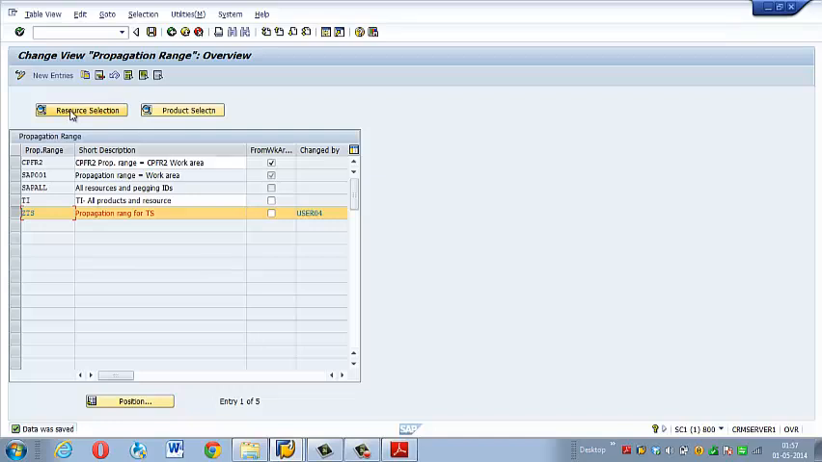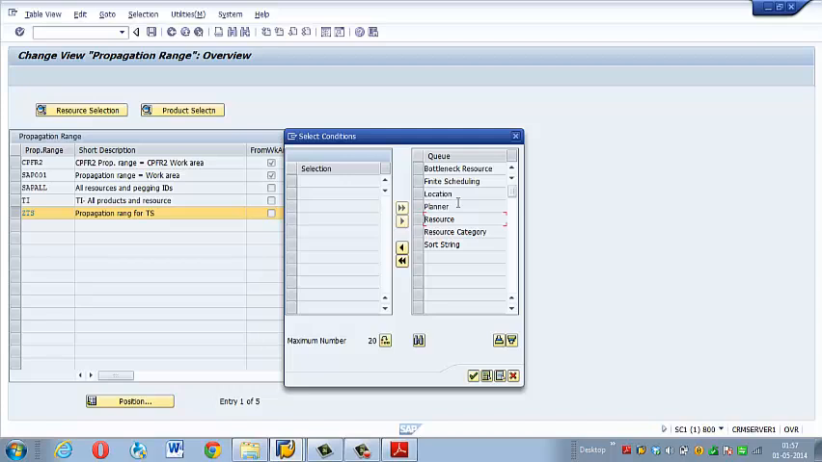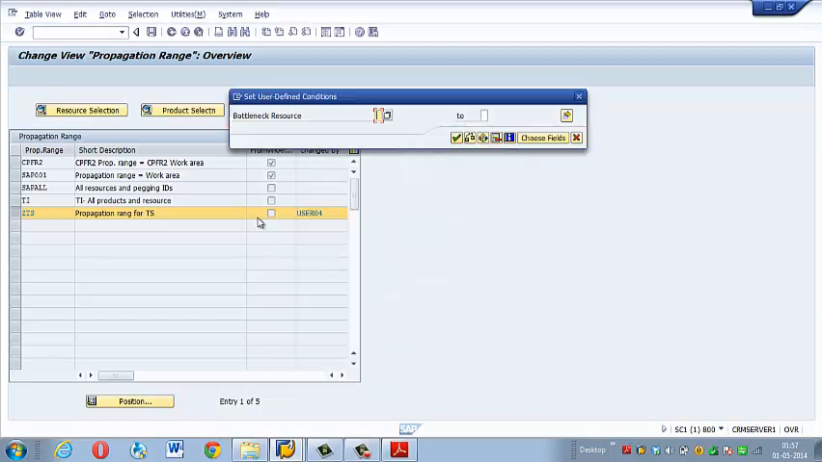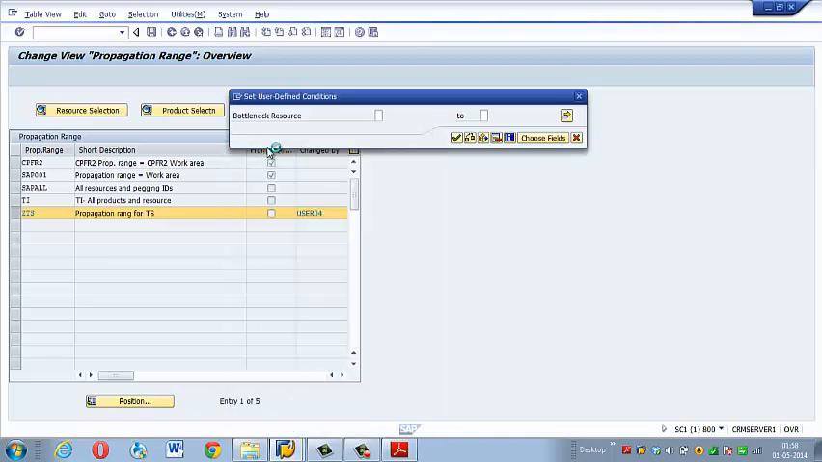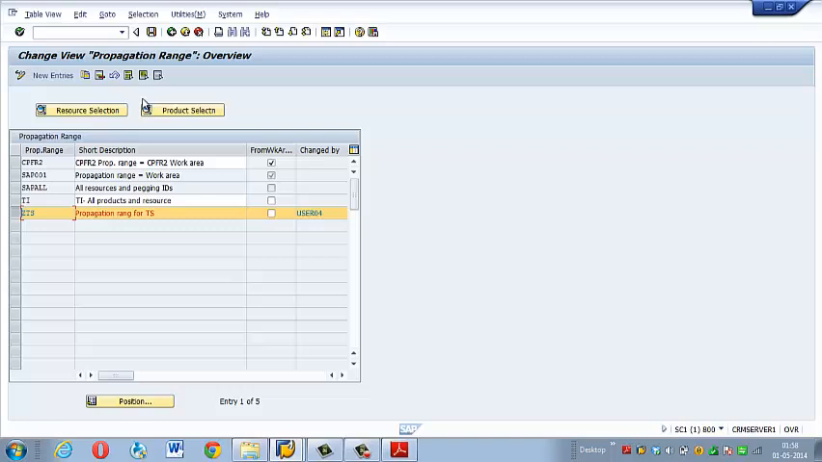and you can also include bottleneck resources. You can select bottleneck resource and move into your selection folder. Bottleneck resource, yes, you save the selection,